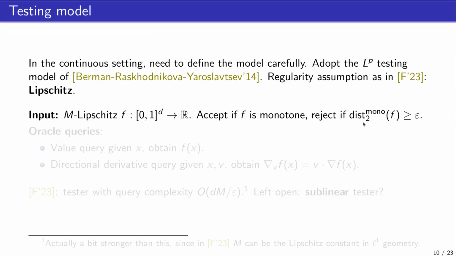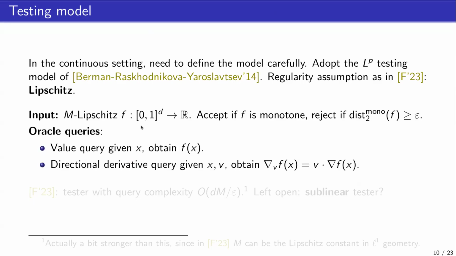And what is our access to f like? So the most usual type of oracle access to a function is a value oracle, where you can give a point x and you obtain back f of x. Now, it is much more convenient for this talk, for this paper, to assume the following oracle. I'm calling it a directional derivative oracle. So the way this oracle works is that I give it a point x and a direction v, so v is a vector, and it tells me back the directional derivative of f at point x in direction v. So this is the inner product, or the dot product, between the vector v and the gradient.